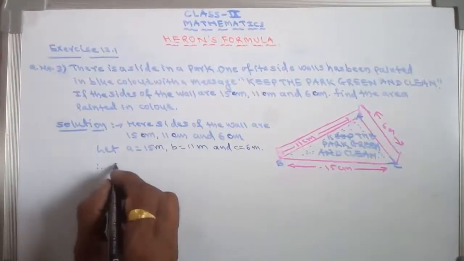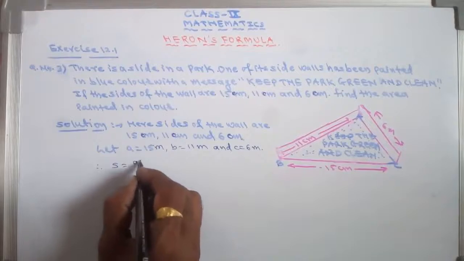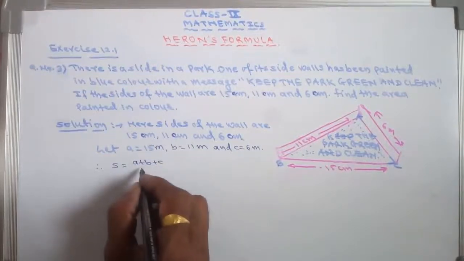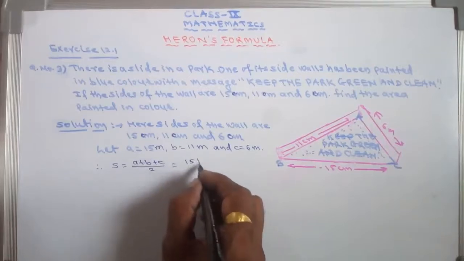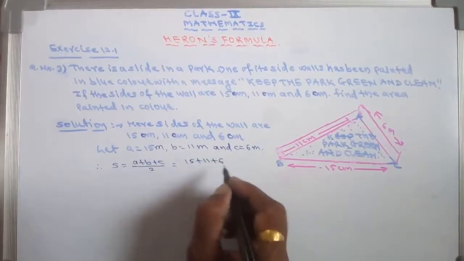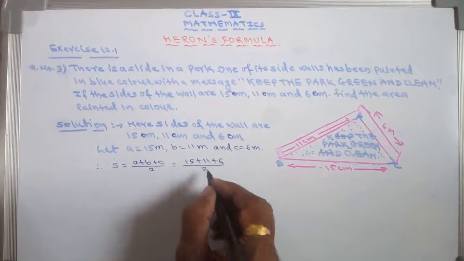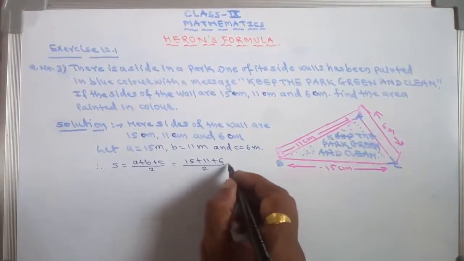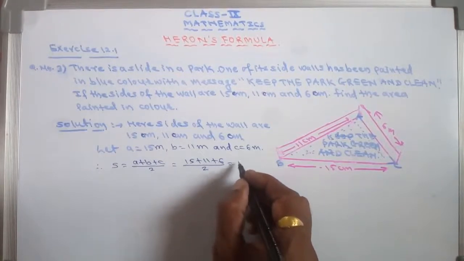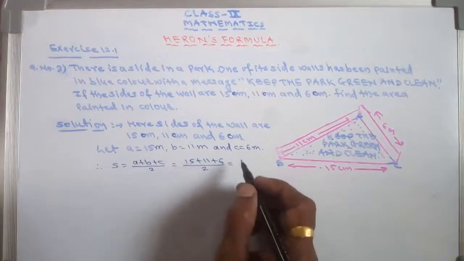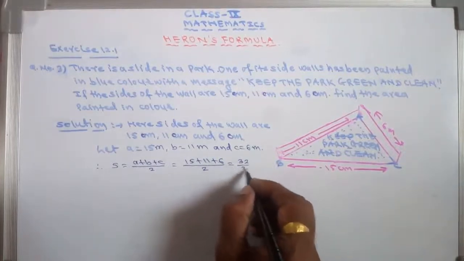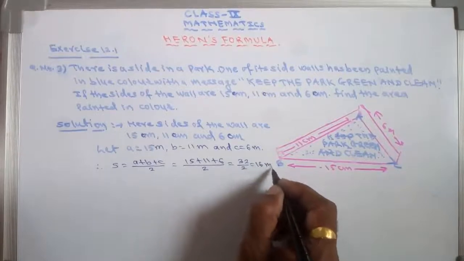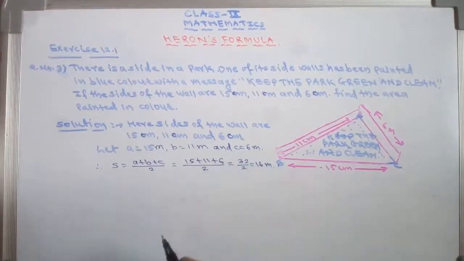S is equal to A plus B plus C upon 2. So that is 15 plus 11 plus 6 upon 2. So it is 32 now. This is 32, means 32 divided by 2, that is 16 meter now. 16 meter. Therefore